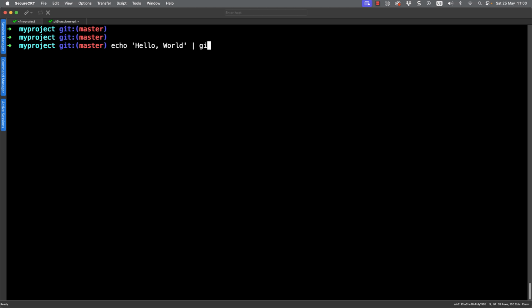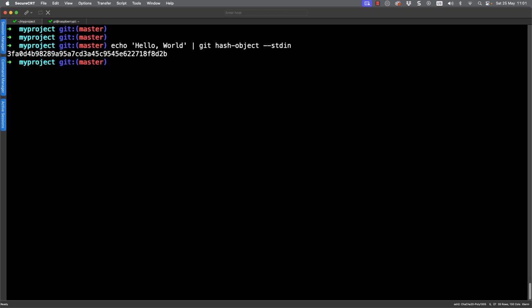The same text put through a hashing algorithm is going to give you exactly the same hash. So we're going to use git hash-object, and this is going to create an object, a blob object in our system, and we're going to read in from the standard input. And we can see then our hash coming back.